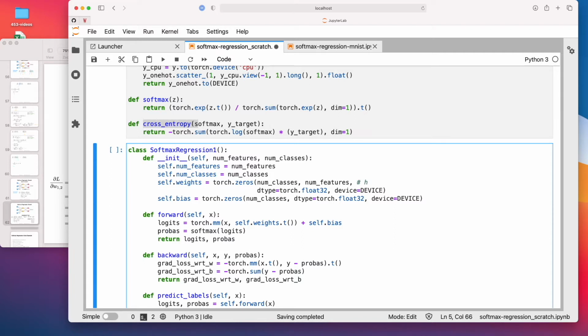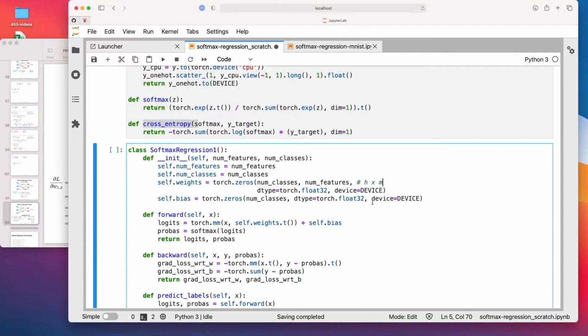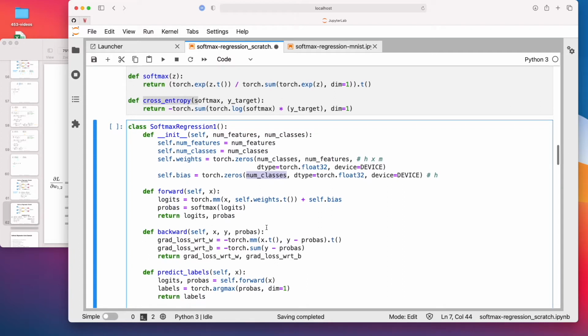We used h, I think, for the number of classes, so an h times m matrix. And because we have multiple net inputs for the multiple outputs, we also have the bias as a vector, so this is an h-dimensional vector now. So h is the number of classes.